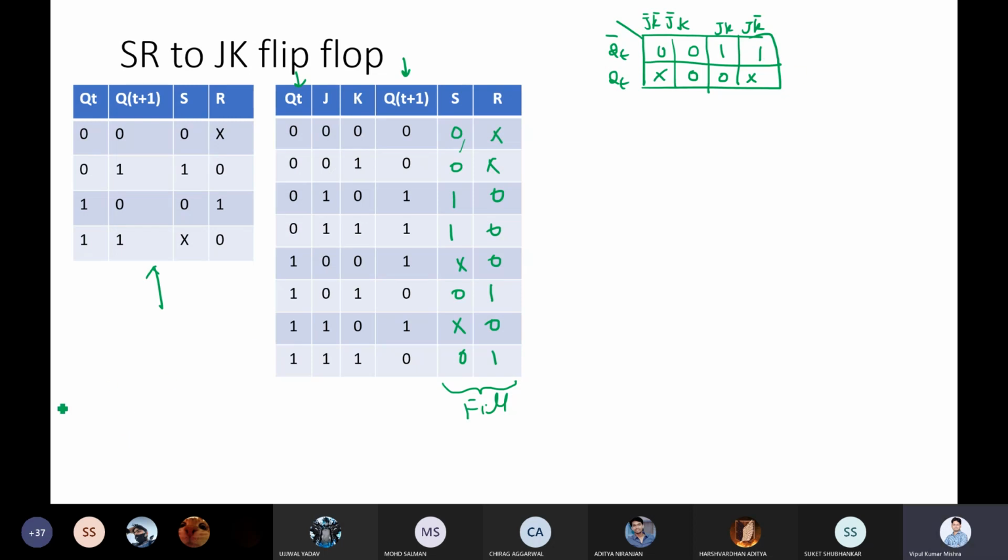So we have one pair here, and with this pair, we can say S equal to J QT bar. Now let me do for the R.